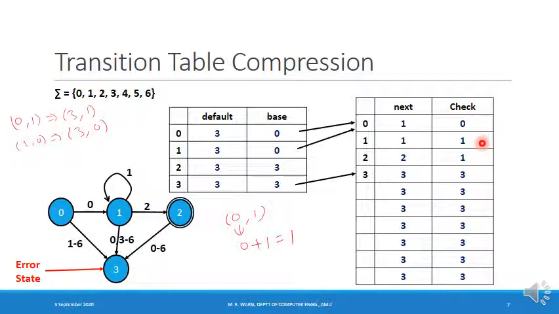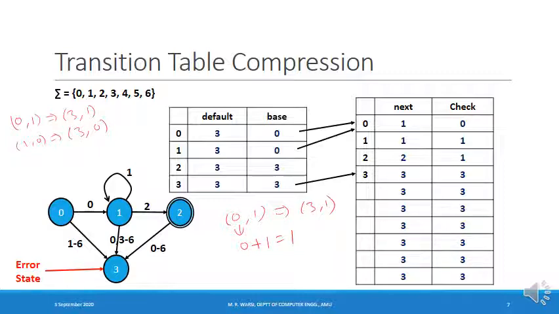When I reach the entry in the next uncheck and it is marked for some other state, then I do not consider this entry, rather I consider the default value. So in this case, I will determine the next state on the basis of 3 comma 1.